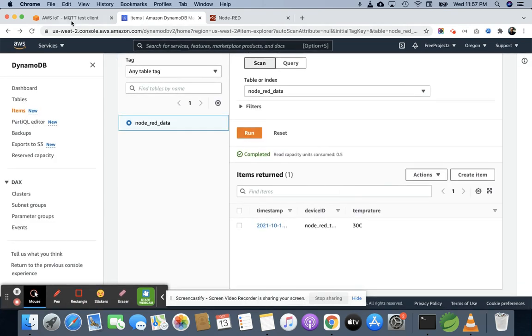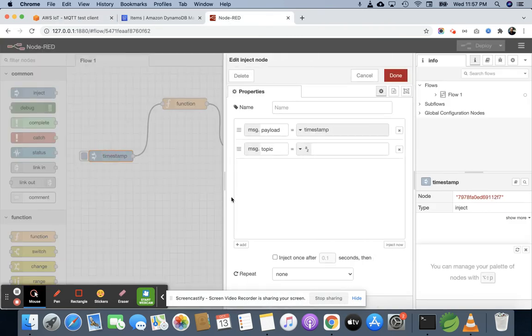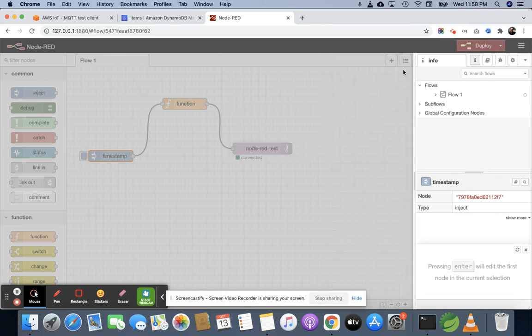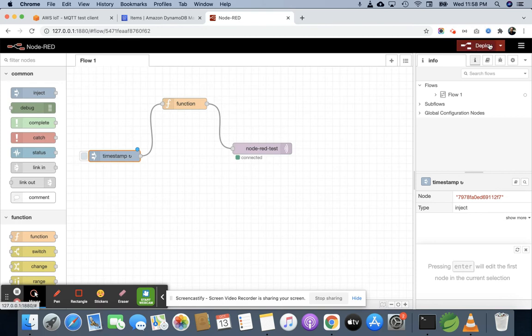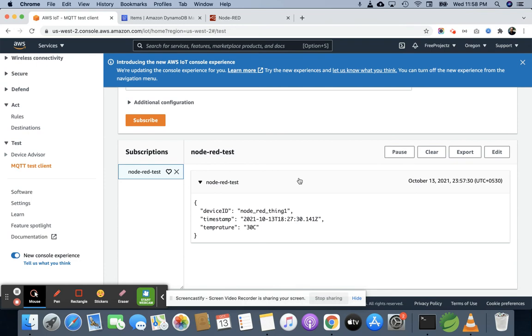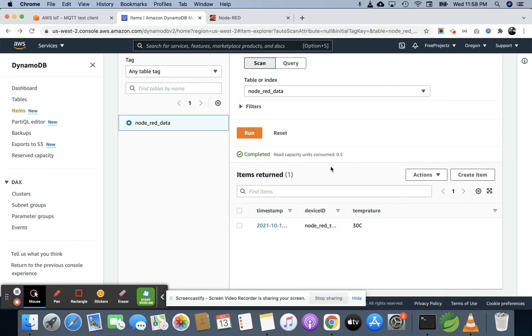Now I am going to update the node red timestamp, and I am creating the repeat for 2 seconds or 5 seconds. Let's make it 3 seconds. Done, and deploy it. Once you click on deploy, every 3 seconds one message will come here, and after that the rule will be executed and data will come here also.